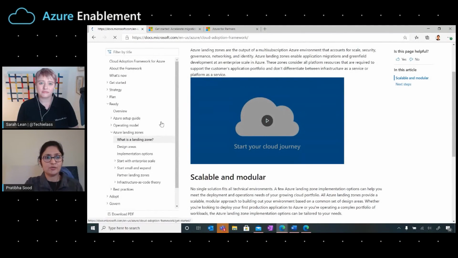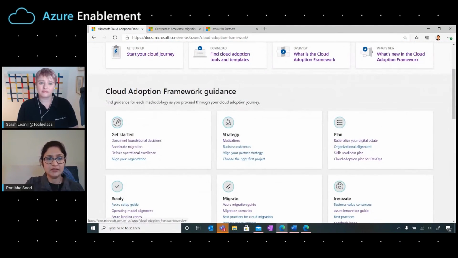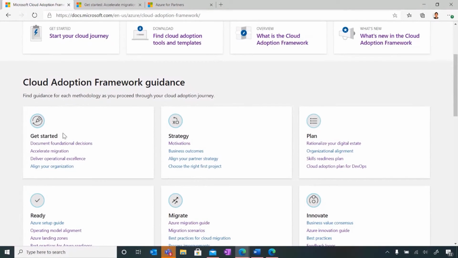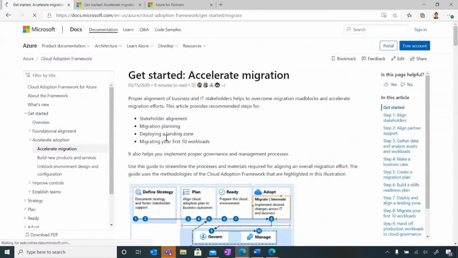So there are two ways to address that. So one is Microsoft assessments, which I briefly talked about, which can guide you depending on where you're at to the right place in the documentation to get started. And the second one is another key resource that we have called the Get Started Guides. And I'm going to actually show you that. So back to our documentation landing page right here, we have a section called the Get Started Guides. And from here, you can go straight into